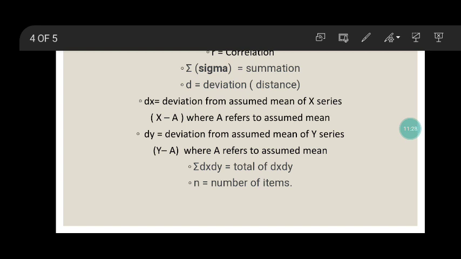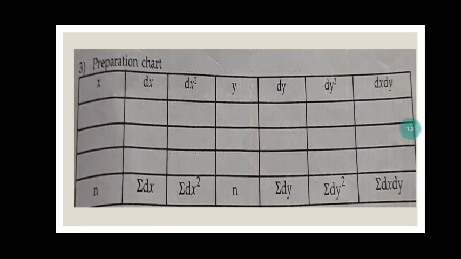So first of all, we are going to start with the simple type of problem. As far as Karl Pearson's coefficient of correlation is concerned, here I'm going to give you three types of problems: correlation in simple series, correlation in group series, and then correlation in three series. When we solve the numericals, I will divide it type wise: type 1 would be related to the simple series, type 2 to the group series, type 3 to the three series.